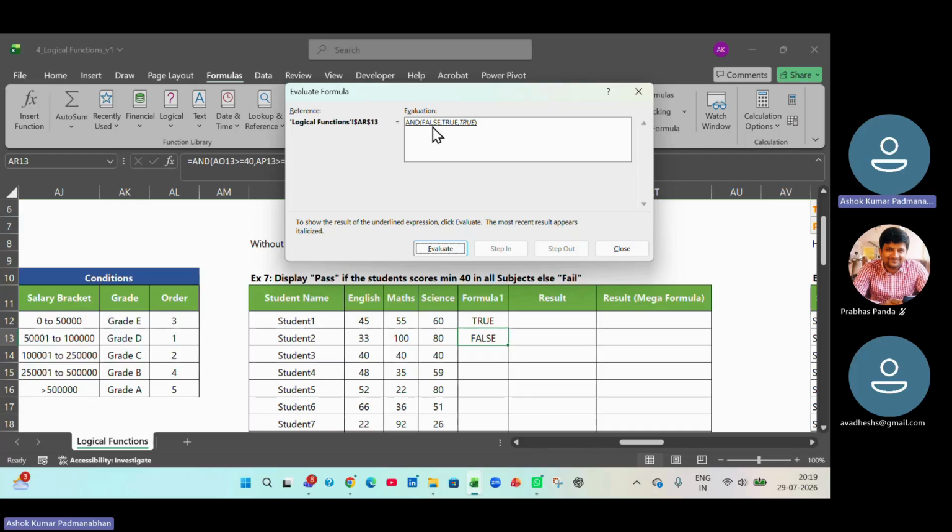Now see here, out of three logical conditions, two logical conditions are true. One of the logical conditions has given false. The result of the AND condition will give you false because one of the logical tests has failed. Okay. Can you understand how